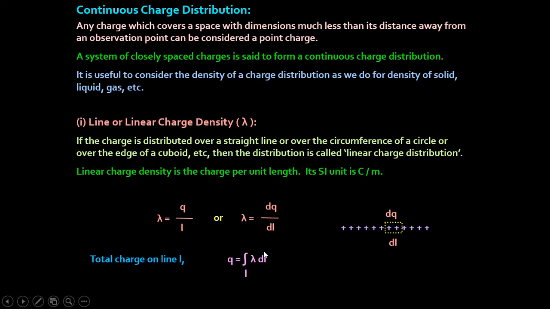That is the reason here I have written L. So integration over small l means you are adding dq infinite number of times for the entire length. So here you have to write dq, but I am not writing dq directly. Here lambda equal to dq upon dl, so dq equal to lambda into dl. So I have written lambda into dl here. This formula gives the total charge if the length of the charged body is infinite. If it is a finite value, you can use lambda equal to q by l, where q is the total charge. If the length is infinite, then q can be calculated using this formula.